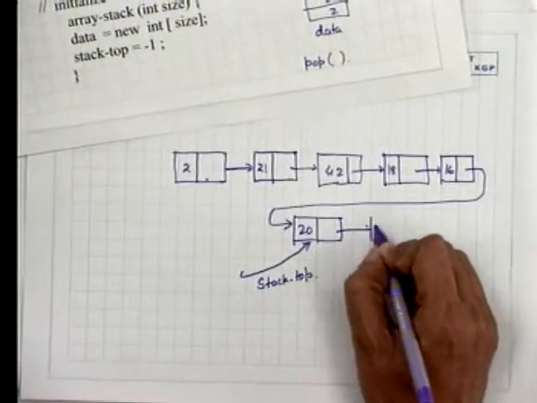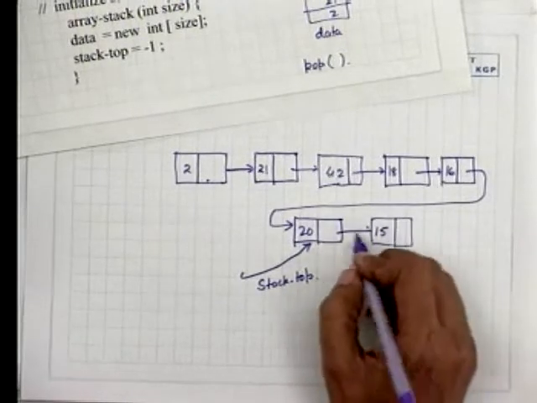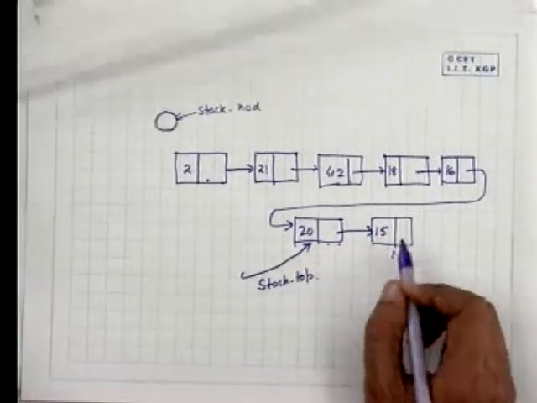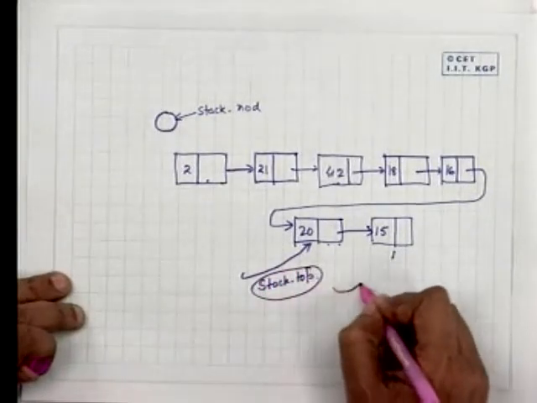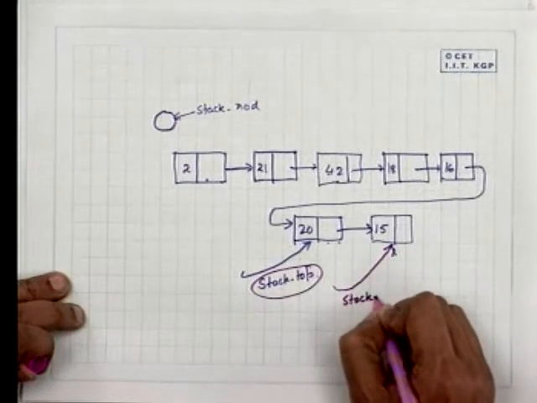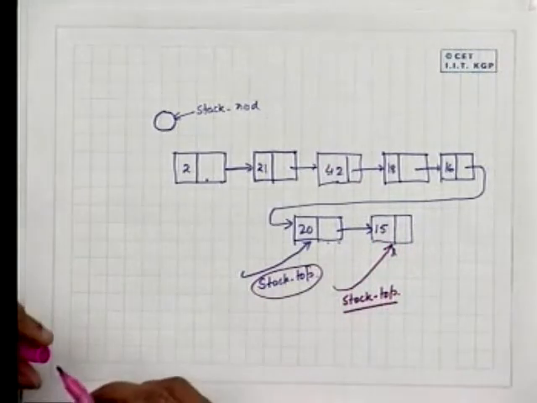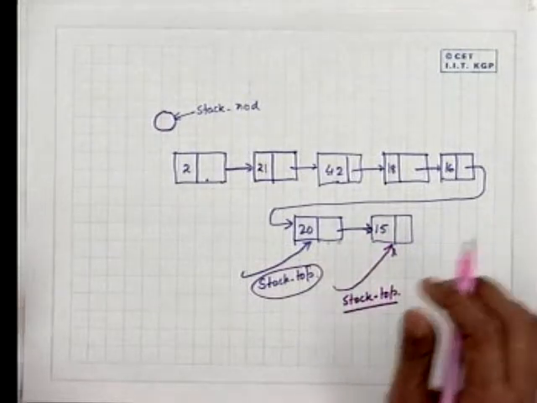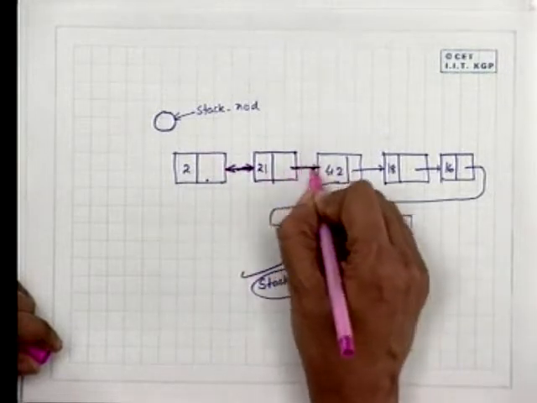When we try to insert the element 15, what do we do? We essentially create another node, store the value 15 here, link it with the previous node, and move the stack pointer to this node. So the stack pointer no longer points to the old node; it should refer to this node. So the stack top will now refer to this value. This is one way of doing it, and the arrow direction should be like this.